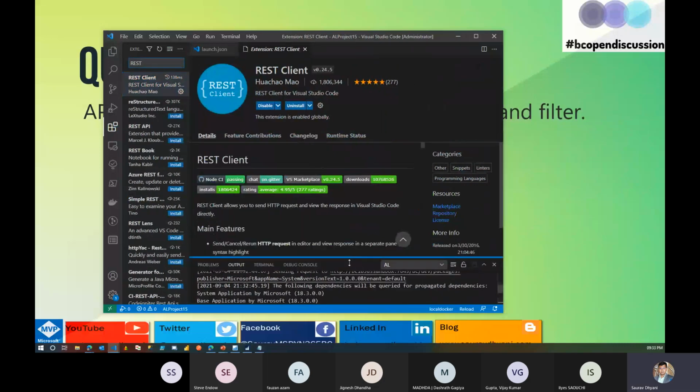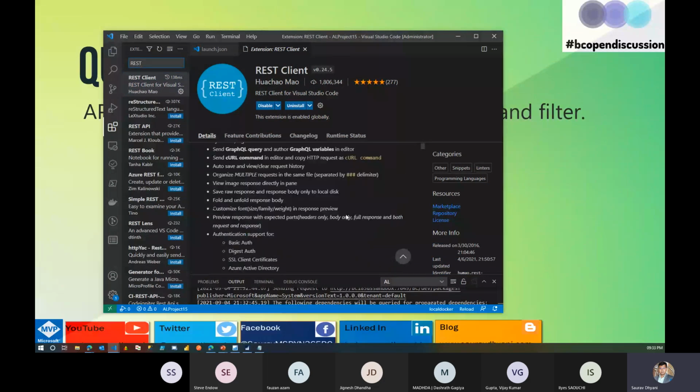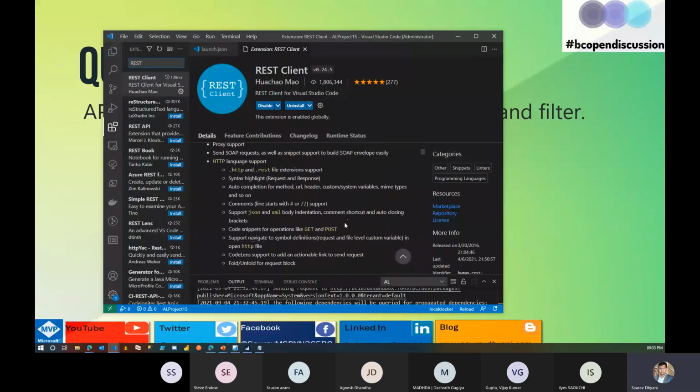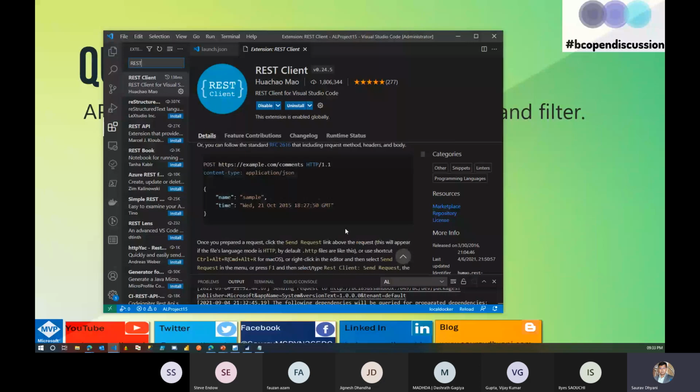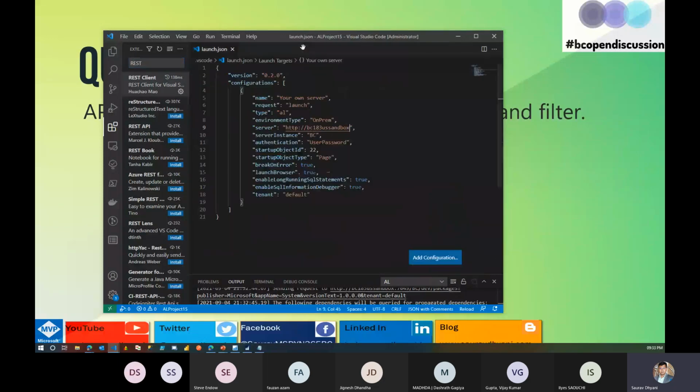This gives you capabilities to do so many things. I'm using very little, based on what I've been using it for, but if you read other MVPs' blogs, people have talked about it, and it's super cool. It lets you do your calls within VS Code. You can see the results in the same window at the same time. So do install it if you don't have it, and let's quickly see how we utilize it for our